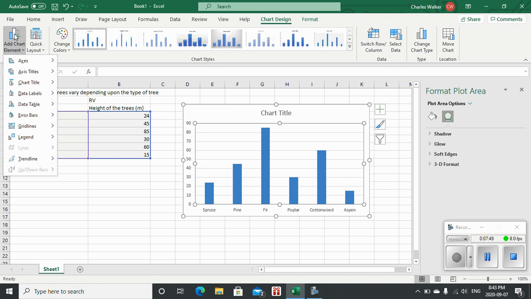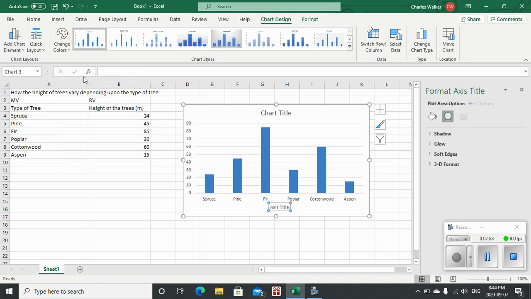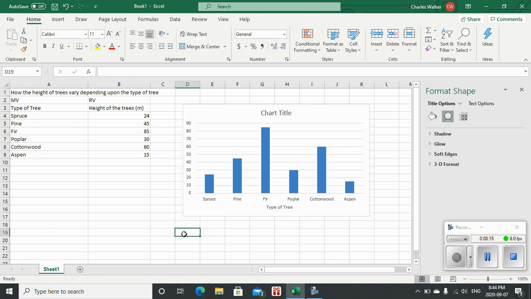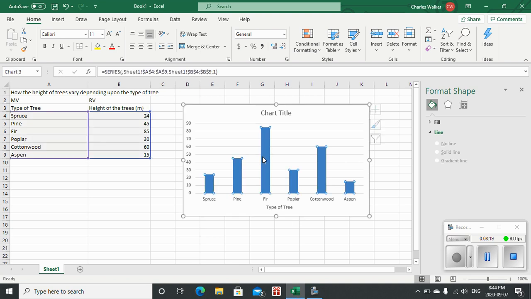So in the chart elements, let's give the axes some titles first of all. So the primary horizontal axes. Remember, it's always the manipulated variable that goes on the x-axis. Again, you need to be just as descriptive with your graph as with your table. So just like we had in the table, it can be exactly the same. It is the type of tree. We don't have any units here. You don't need to stick units in, and we can see that that's been changed for us. We're going to do the same thing